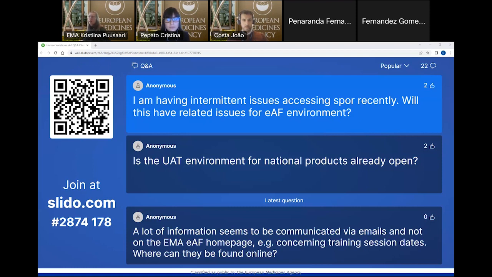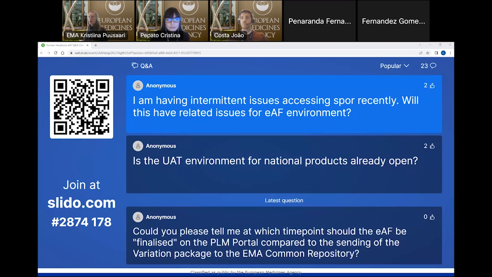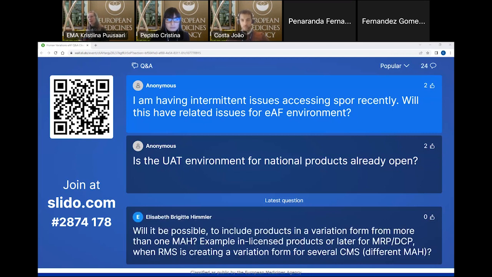There is a more direct impact in the eAF interactive PDF form, which is currently the form that most users are using, but because the data from Spore comes to the PLM portal via Iris, there is normally an immediate